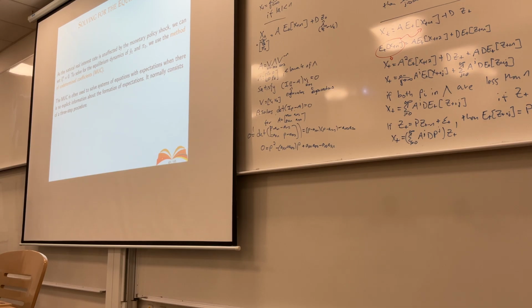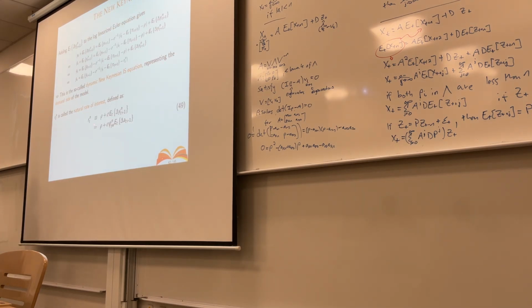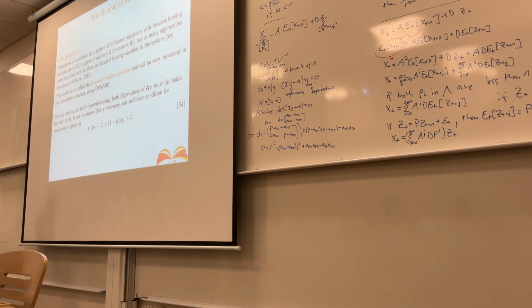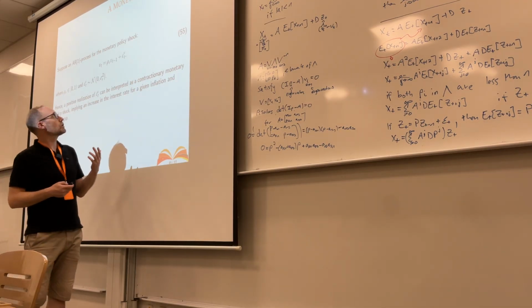Now the natural real interest rate depends only on changes in productivity, and we're holding that constant. We're just looking at a shock to monetary policy here. So that means the real interest rate stays constant. We just have the shock